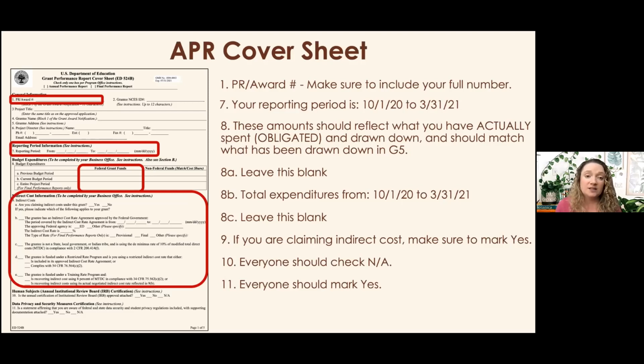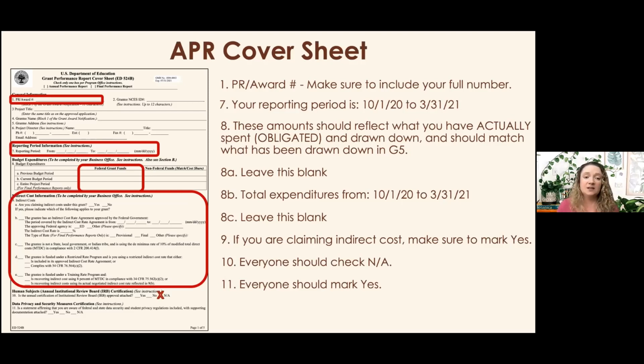This is also a great time to check and make sure that the most current indirect cost documentation has been turned in to Bianca. So if you've had a new indirect cost change before the next reporting period, before you turn in this May 3rd report, it's a good time to submit that documentation to Bianca.